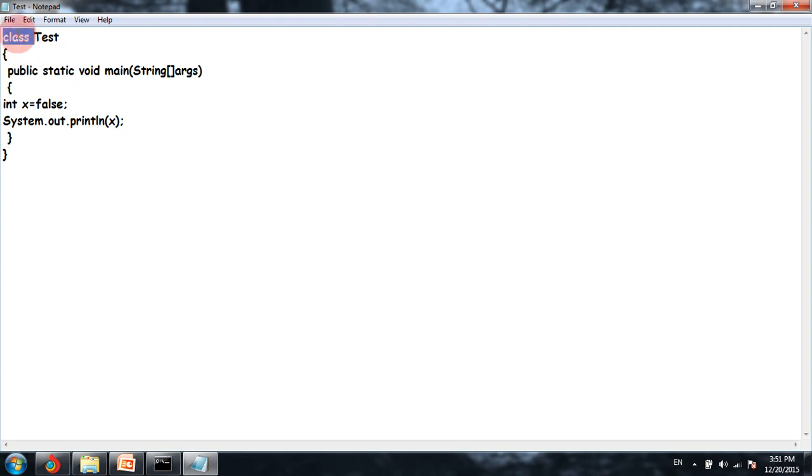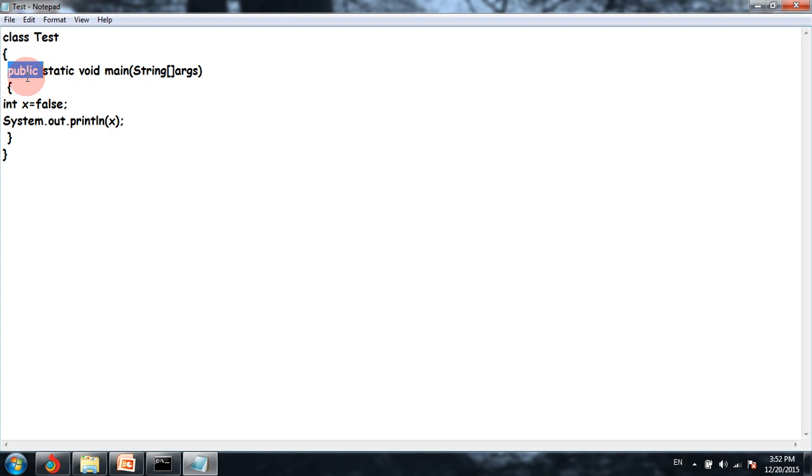So keyword is something different from an identifier. Test is an identifier because this is used inside the program, and it is the choice of the user. Say I do not want to have test, I can use demo, but for now let's take it as test. I'm sorry, test. So test is an identifier.